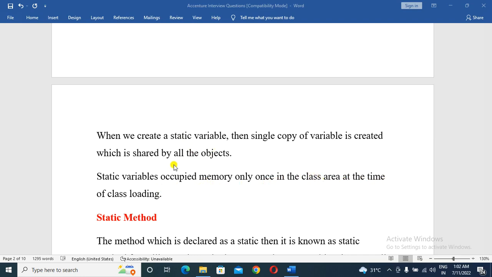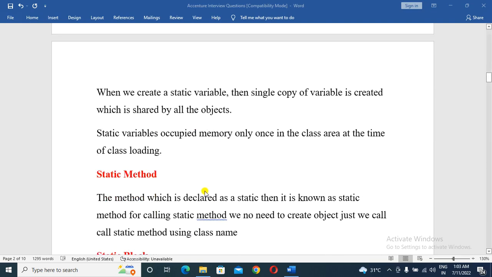So because of static variables, we can save memory. For example, suppose I am considering a class like a company. In the company, I am declaring the employees. So 10,000 employees I am declaring, but employee ID and employee name are different from one employee to another. But in the case of company name, it is the same for all the employees. So if you declare company name as a static variable, memory is allocated only once, and for each and every object, the same variable is shared by all the objects.